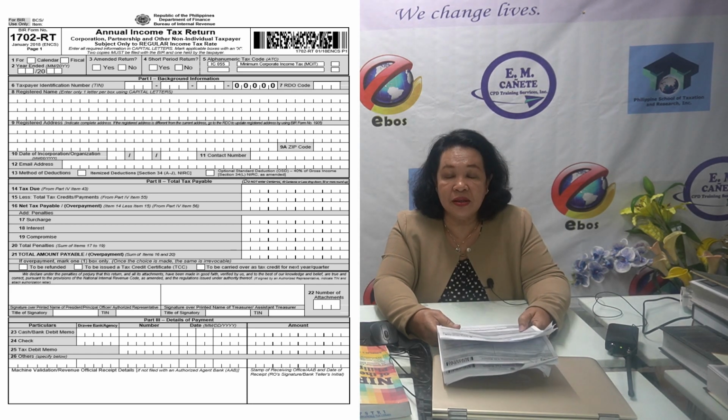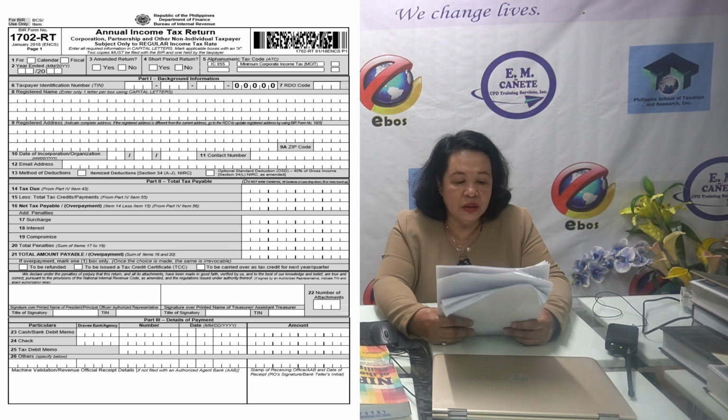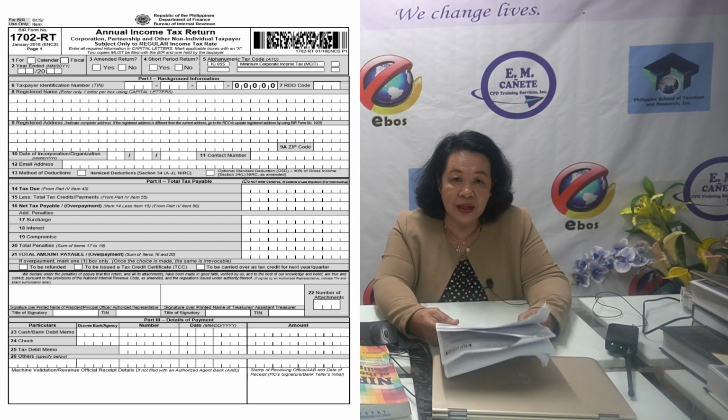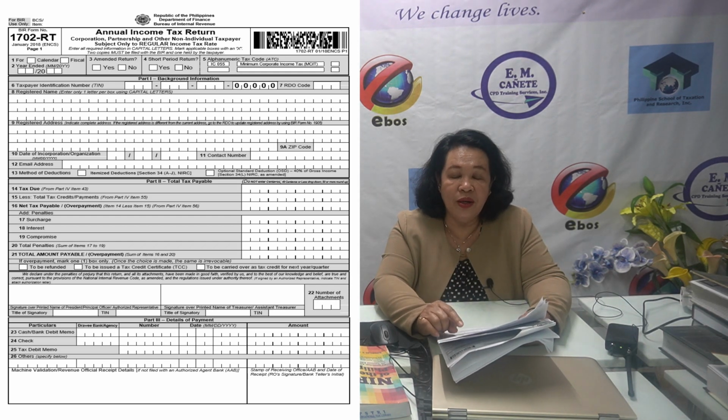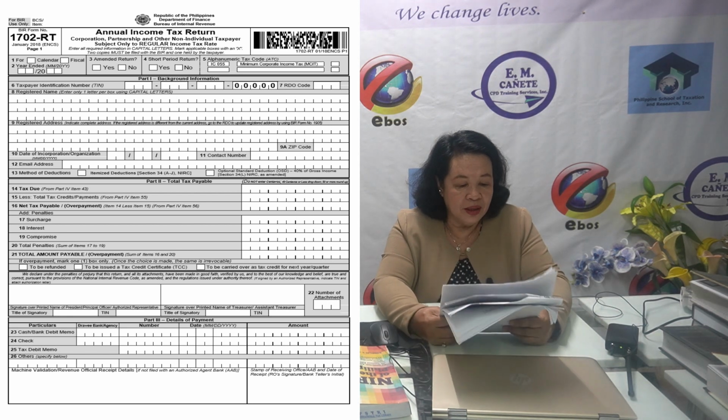There is also a compromise penalty. This is graduated and schedular, and the BIR has a schedule for the compromise payment based on your basic tax due. So you can just imagine that when you fail to pay your tax on time, it will immediately incur 3 kinds of penalties. And what are these 3 kinds of penalties? The surcharge, interest, and the compromise.